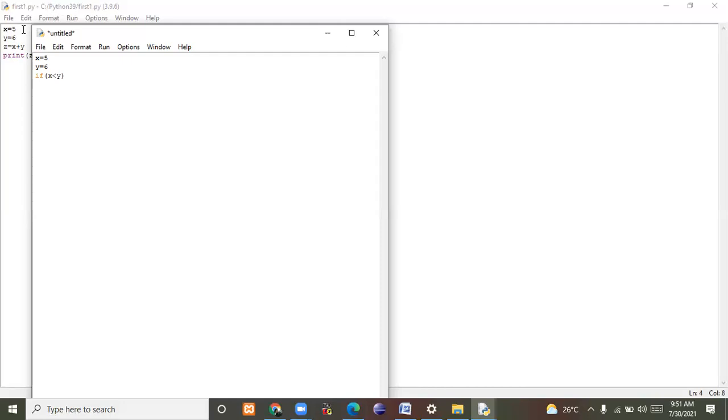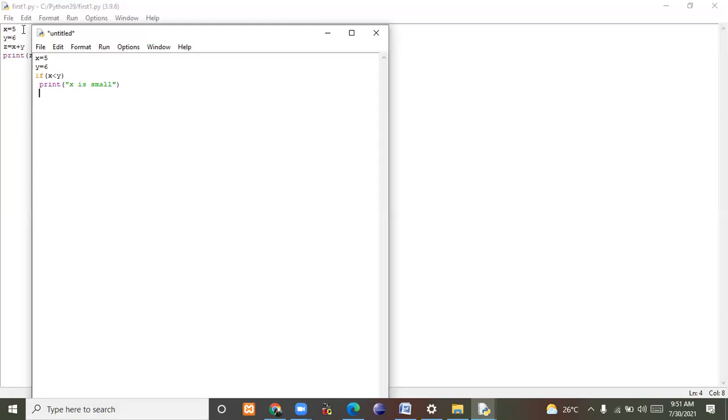Here I write a space, or you can use a single tab or a single space, then print x is small.